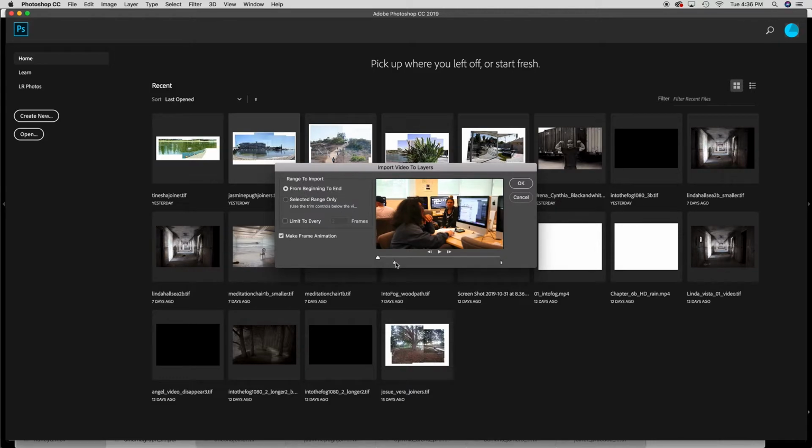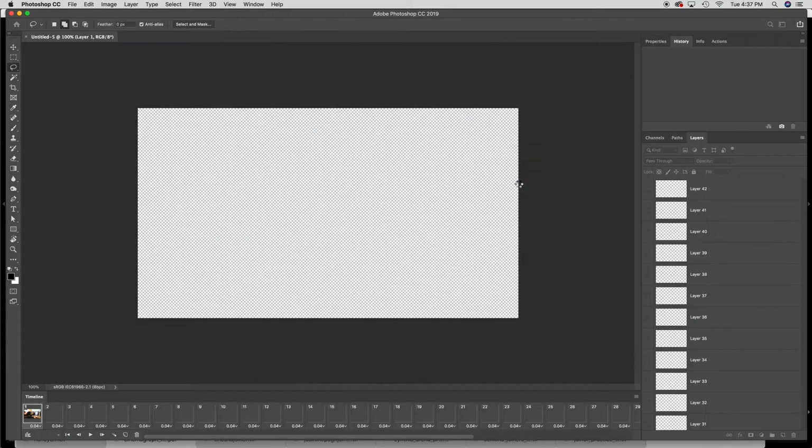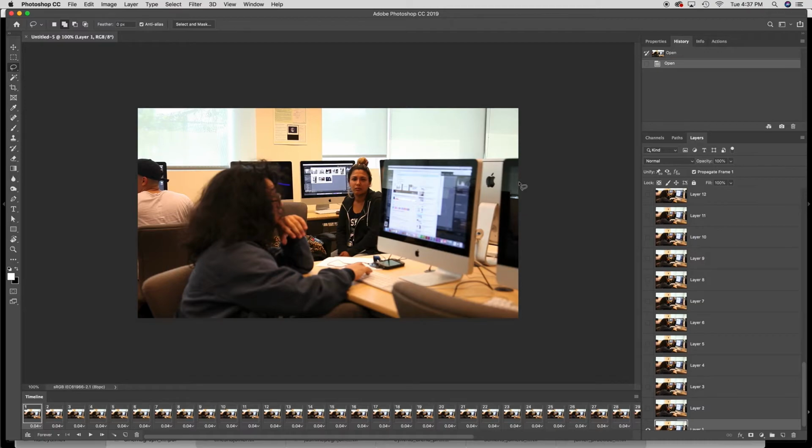But if you're changing it and want to do that editing, then you're going to move these little sliders and it will then go Selected Range Only. I'm going to go ahead and go from beginning to end because I have already edited this one.